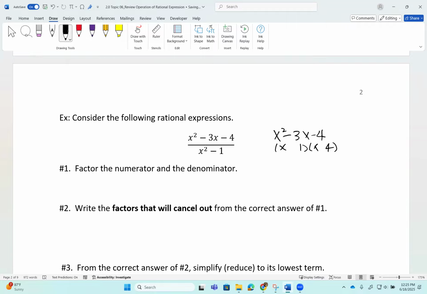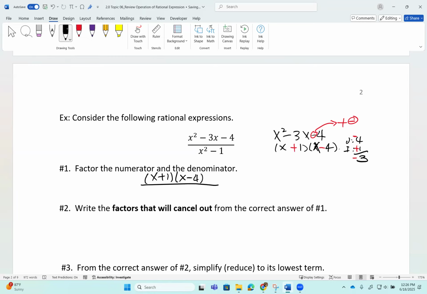Because I cannot use 2 and 2, since 2 and 2 combined will not give me a 3 in the middle. So right now, my outer 1 times 4 is 4. My inner 1 times 1 is 1. 4 and 1 combined will be a 3 if I subtract. When the last sign is negative, the 2 signs in the parentheses will be 1 positive, 1 negative. Since my middle term is a negative 3, I will give the negative to the bigger of the 2, inner and outer. So the outer needs to be a negative 4, so that will be 1 times negative 4, the inner positive 1x. So my numerator factored out to be x plus 1 times x minus 4, over